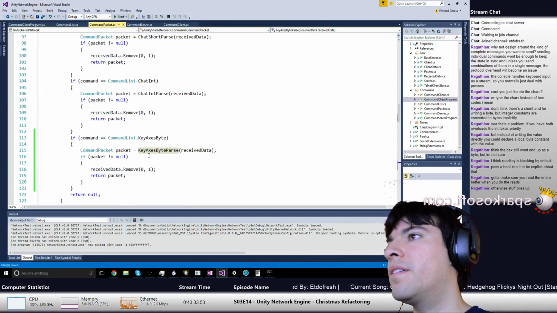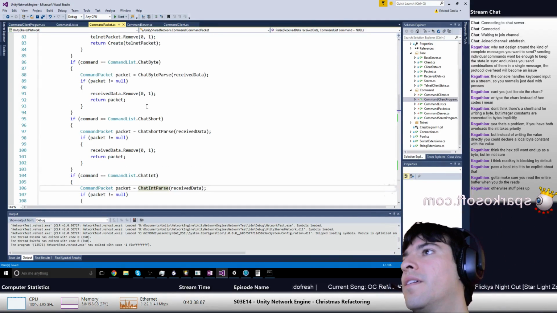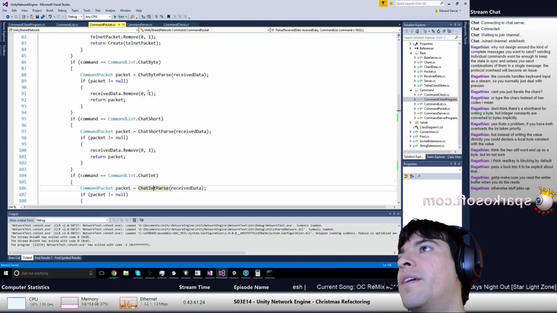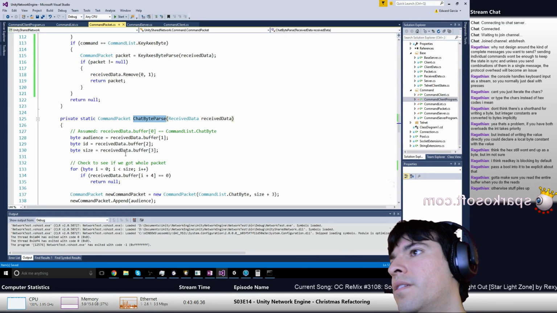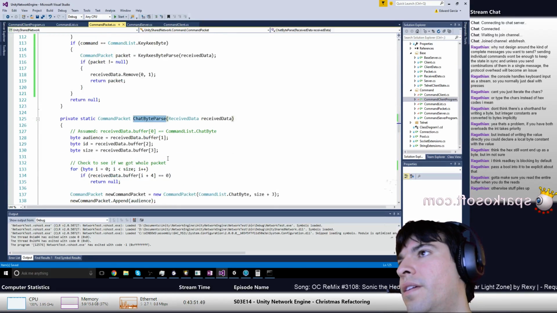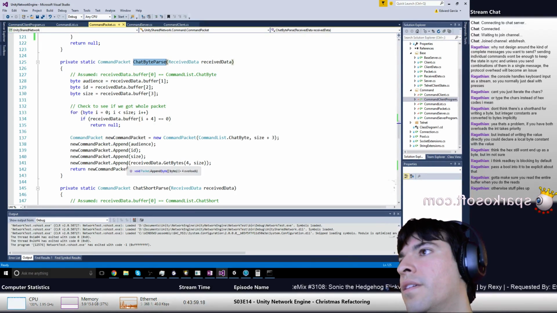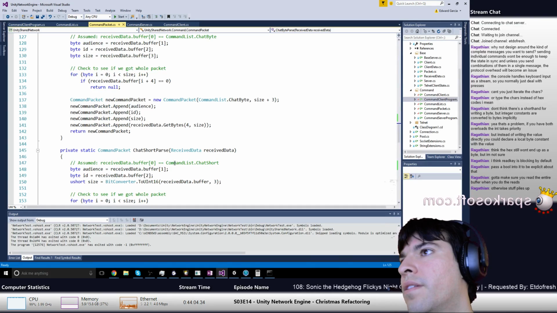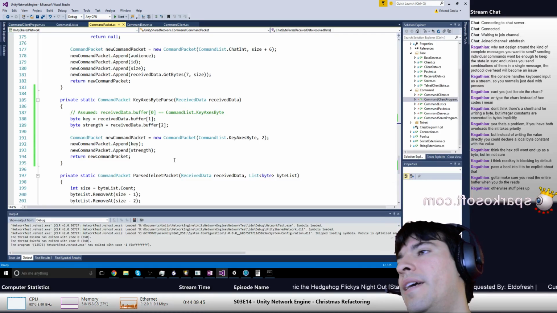On my parser, when I'm doing the chat, right? When I do chat int parse, or just any parse, I see that I'm removing the command. Yeah, I see that I'm removing the command, but am I removing anything else? I guess not. So I'm not really doing a good job maintaining my